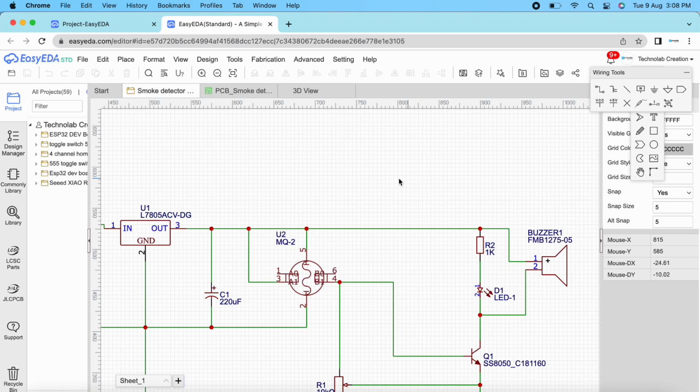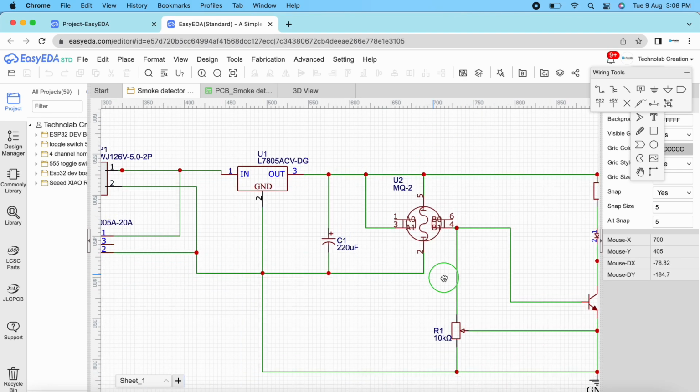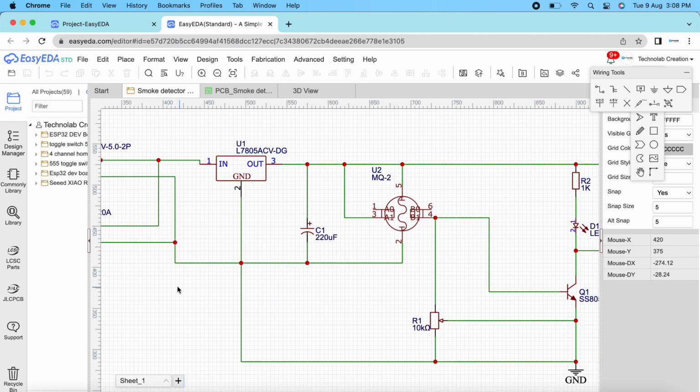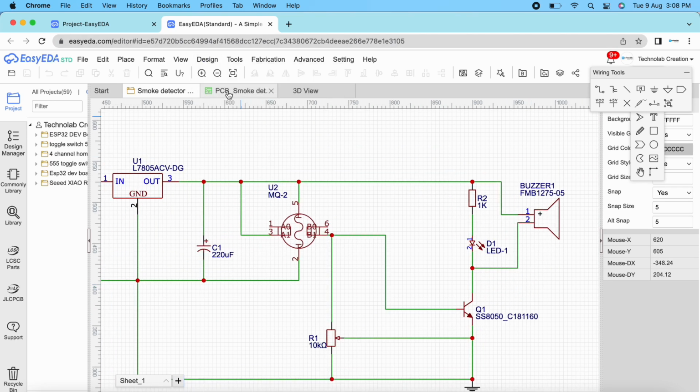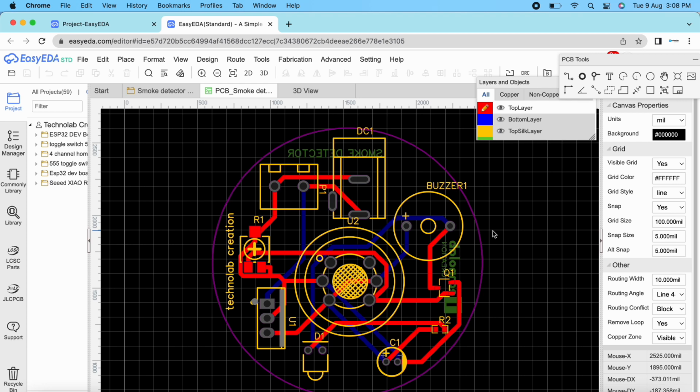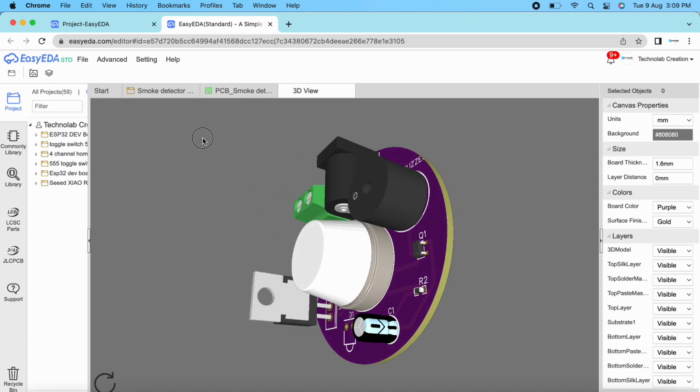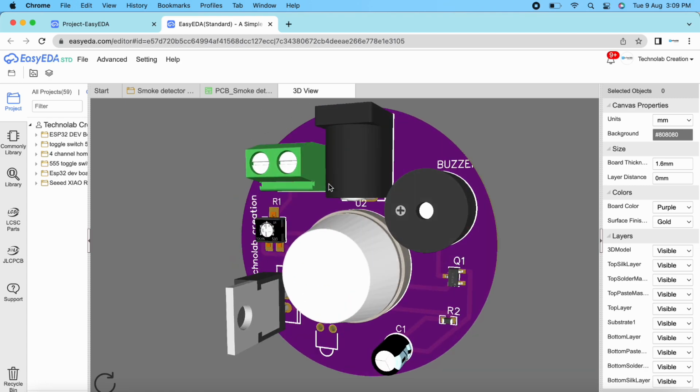This is the schematic of the PCB. If you want your own custom designed PCB, then you can download this schematic from the link given in the video description. After making the schematic, convert it into a PCB, arrange and place all the components in desirable places. Once the layout is ready, route the wiring and complete the design of the PCB.